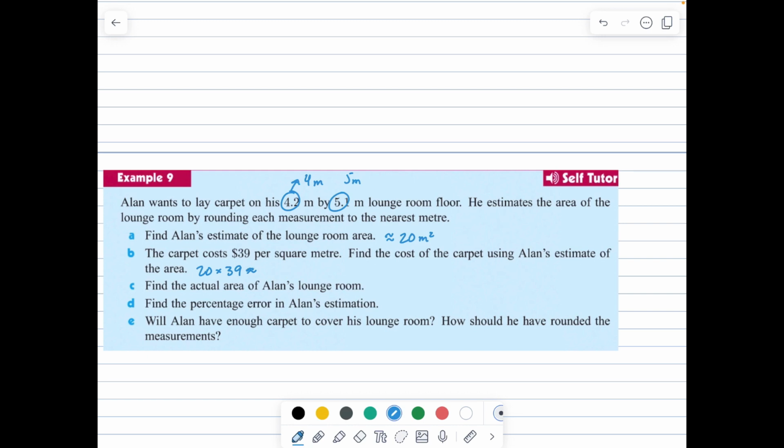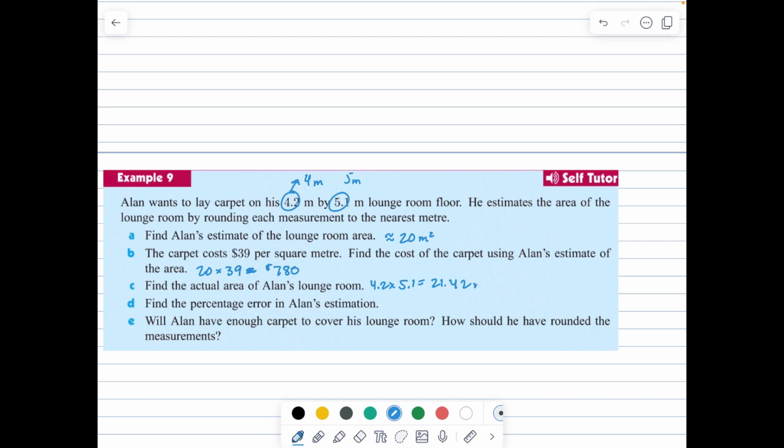So that is $780. Okay, so now find the actual area of Alan's lounge room. Well, in that case, we're going to use the exact values, the 4.2 and the 5.1. 4.2 times 5.1 and we get